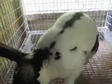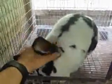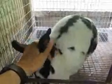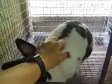And the lady that bought Wapanaka a while back has a small herd, and she was kind of needing some fresh bloodlines for her small herd. And I told her, you know what I can do? I have Coin, who is a registered Grand Champion. If you would like to swap out bucks, I'll bring Coin to you, and I'll pick up Wapanaka. She liked the idea, so Coin is now in Kentucky with